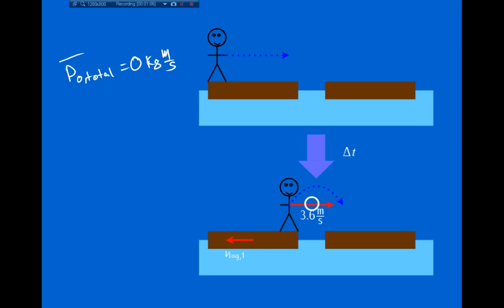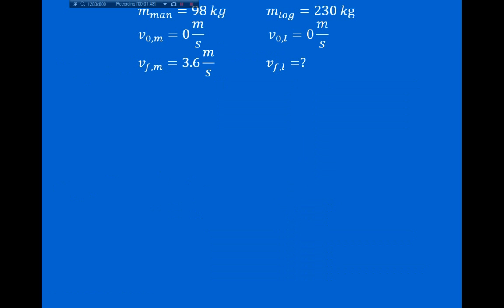Now, immediately after the man jumps off the log, the man is going to be exerting a force on the log, pushing it in one direction, and the log will exert a force on the man, pushing him in the opposite direction. And these forces that the man exerts on the log, and the force that the log exerts on the man, are going to be much greater than the frictional forces that are involved. So we can say that the momentum immediately after the man jumps off of the log is going to be equal to the initial momentum of the system. So we have that the final momentum of the man plus the final momentum of the log is going to be equal to the initial momentum of the total system, and that this is equal to 0 kilogram meters per second. So we have the final momentum of the man